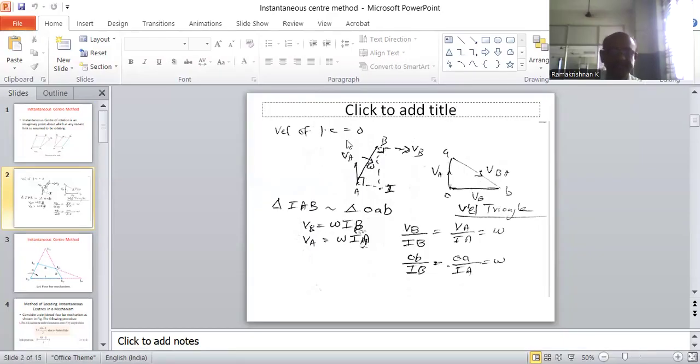Commonly, the velocity of the instantaneous center is 0. For this, we know the procedure for drawing the velocity triangle. Fix a fixed point O, that is the origin. Now draw the velocities for A and B. The vector OB represents the velocity of B and vector OA represents the velocity of A. Then AB is the velocity of B with respect to A. Now by looking at the diagram, we get two triangles, AIB and